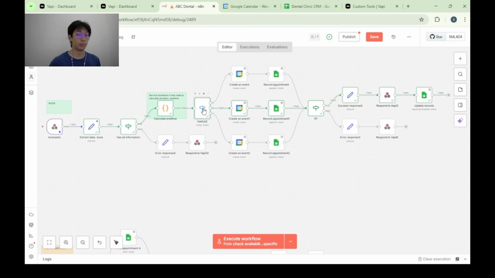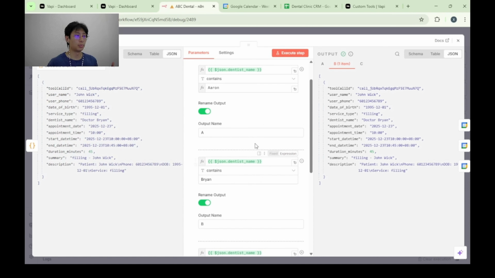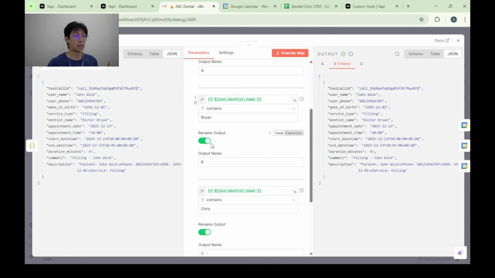So the next node would be the routing. We use a switch node for the dentist routing. Basically similar to checking availability. Since in this case we are looking for Dr. Brian, so we want to book an appointment with Dr. Brian, not with Dr. Aaron or Dr. Chris. So then we use a switch node to branch us to